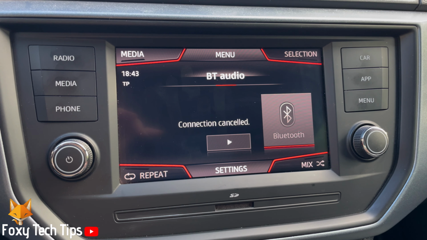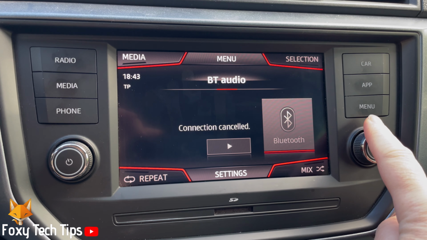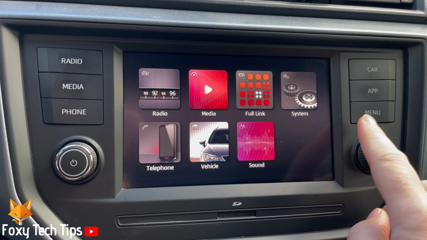Welcome to a Foxy Tech Tips tutorial on adjusting the fade music for navigation announcements on the Seat Arona infotainment